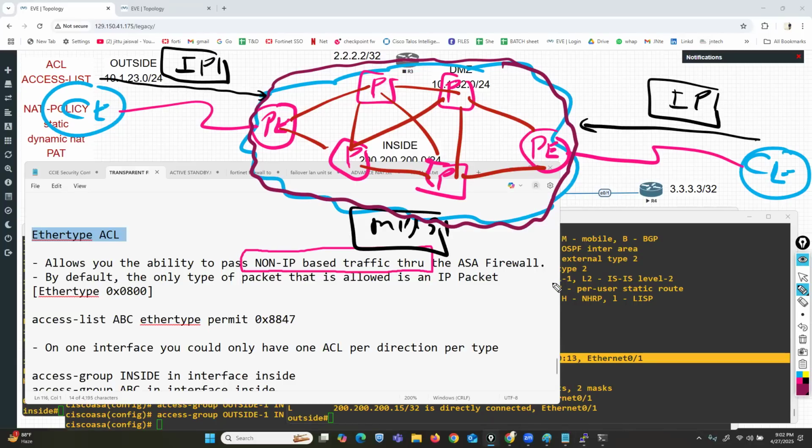My point is, if you are working with any non-IP based traffic and you are using a transparent firewall device, and that traffic is not traveling through it, you need to configure an ether type ACL. Non-IP based traffic is not allowed by default through a transparent firewall device. Only IP packets are allowed, because the IP packet ether type is